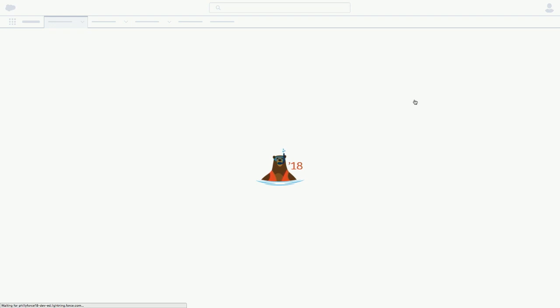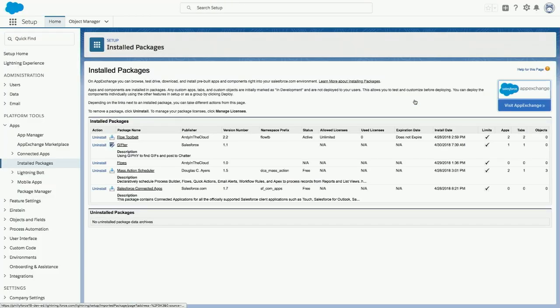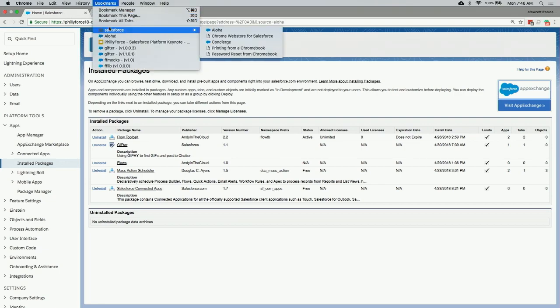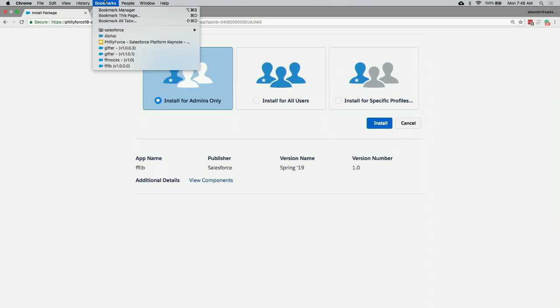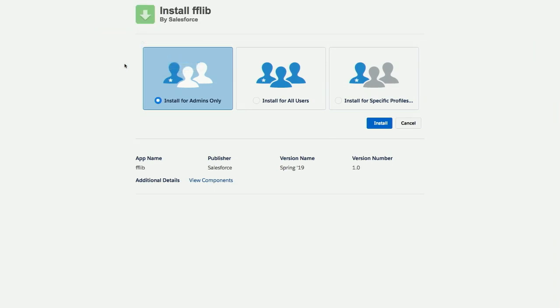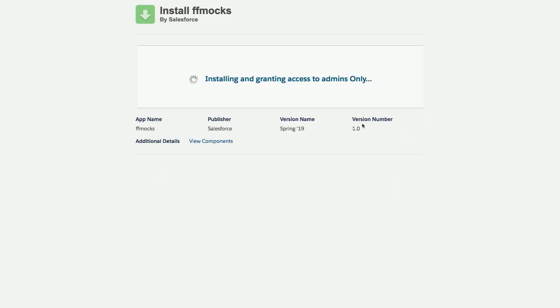Okay, so I'm not going to go ahead and install the rest of the packages there. In fact, I will actually install the library so you can just get a glimpse of what Apex Mocks looks like if I run the right one. Otherwise, I'm just going to repeat the same demo you just saw. Let's go ahead and just install FF Mocks. And that's also a